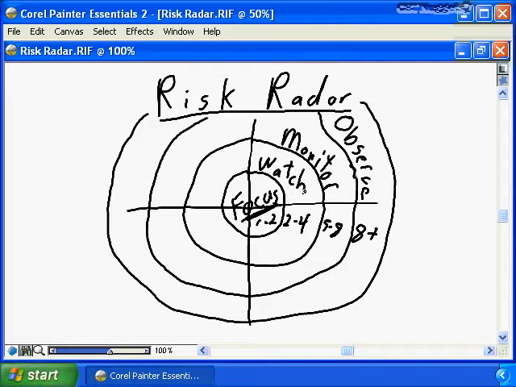Now, to date, we focused on time, the 1 to 2 weeks, the 2 to 4 weeks, etc. You also need to be aware of the profile of the risk. How high is the impact? How high is the probability? So if you have a risk event that's in the 2 to 4 week window, but it's a high probability and a high impact, that in fact is sufficient that you need to move it into the focus component of your risk radar. As a project manager, you need to be effectively managing the risk radar for your project